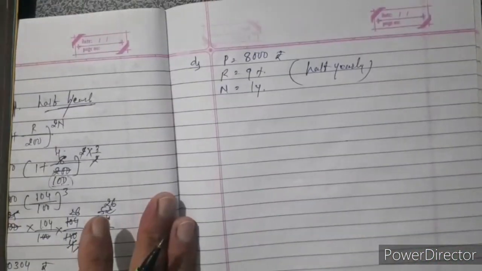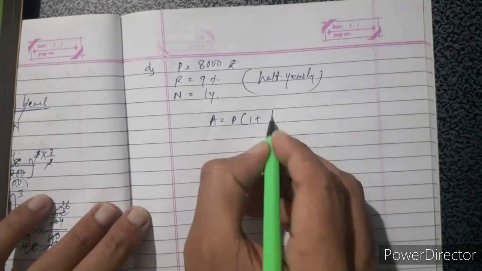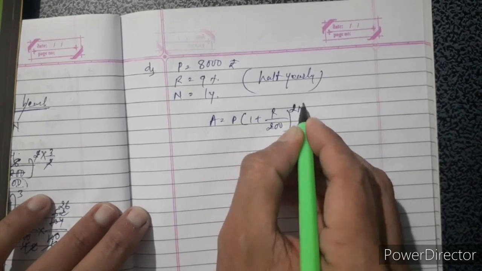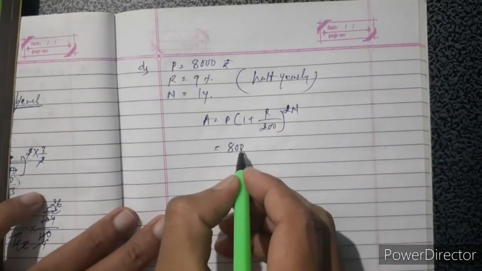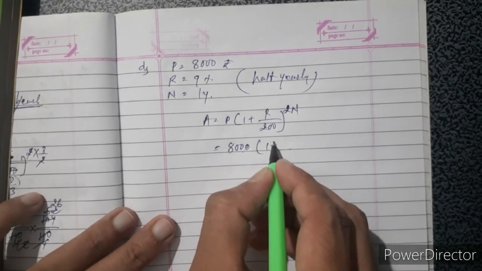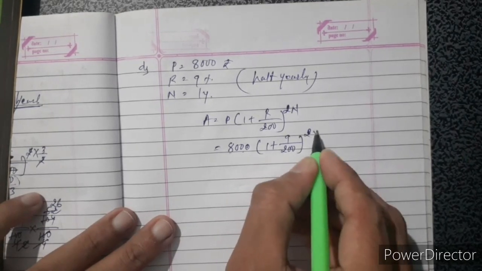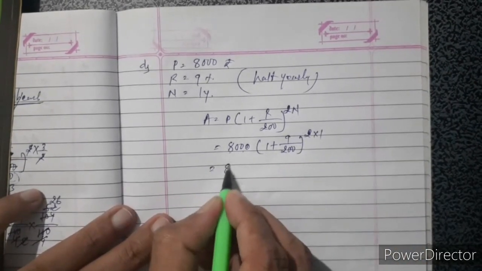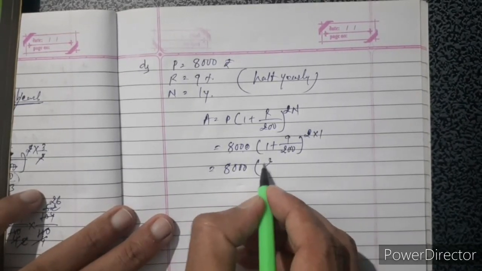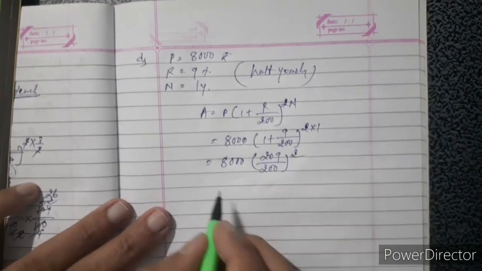Okay, so A equal to P into bracket 1 plus R upon 200 raised to twice N. So 8,000 into bracket 1 plus 9 upon 200 raised to 2 into 1. Okay, so 8,000 into bracket here 200 plus 9, 209 divided by 200 raised to 2 ones are 2,